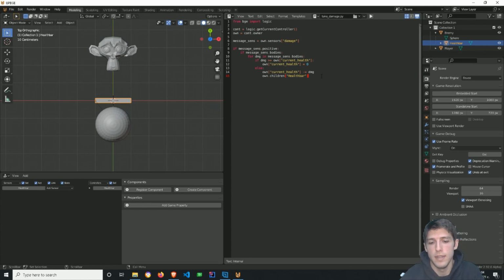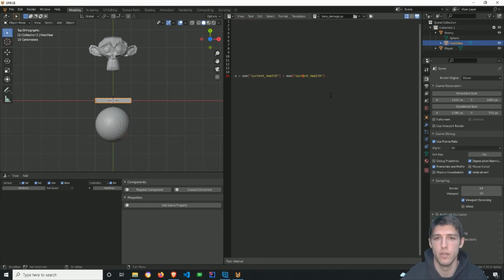We want to update its X scale. So type .worldScale.x, and then it will be equal to, here's the formula. The formula is current health divided by maximum health times, you'll see what. So current health divided by maximum health, max health, times